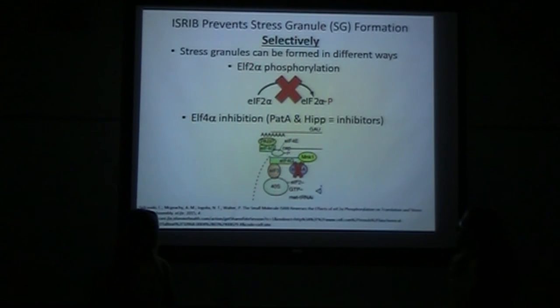So first, if you prevent the phosphorylation of eIF2 alpha, as expected, stress granules would not form. There wouldn't be an accumulation of mRNA. But also, if you inhibit eIF4A, which is actually used to go into the stress granules, so it's one of the mRNAs present, you would never produce stress granules as well. So they look to see if you look at the PAD A or the